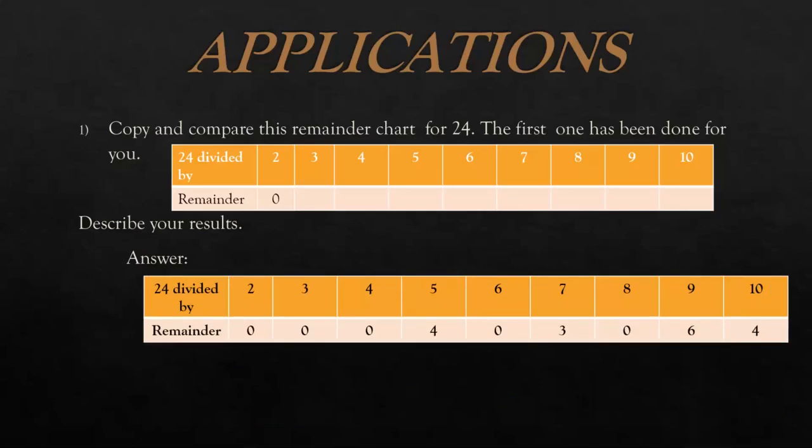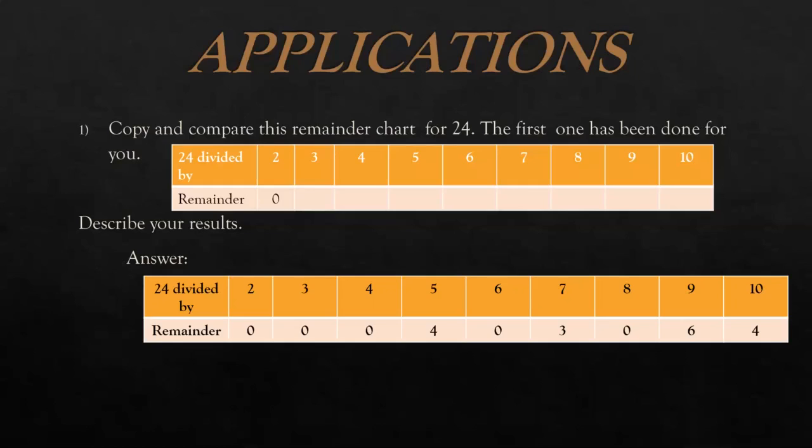So this will be the completed remainder chart. You can see the numbers by which 24 is divisible. In those cases, we will be getting a remainder 0. In the rest of the cases, where 24 is not divisible by that particular number, you will be getting some answer. Except 0, you will be getting some number. So this is how we